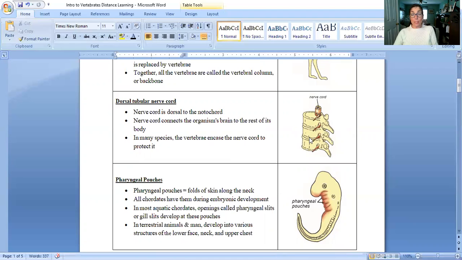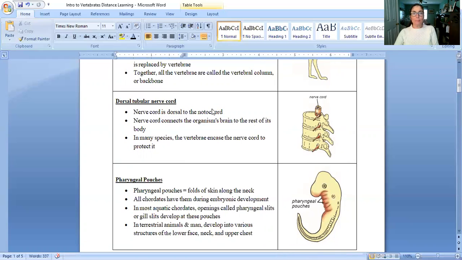So it's more towards the back than the notochord. And of course, just like in our body, it serves as the connection between the brain and the rest of the organism's body. So again, in many species, which would be the vertebrate species, the notochord becomes the vertebrae, and the vertebrae encase the nerve cord to